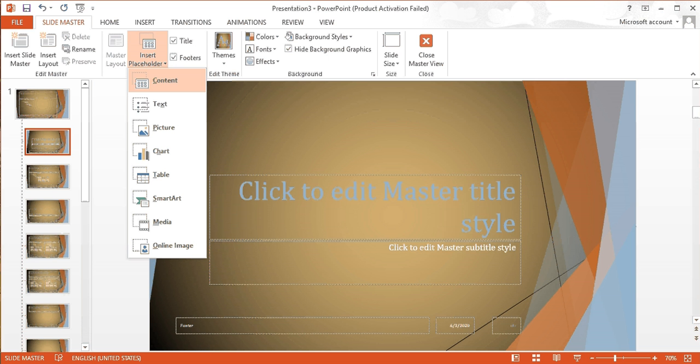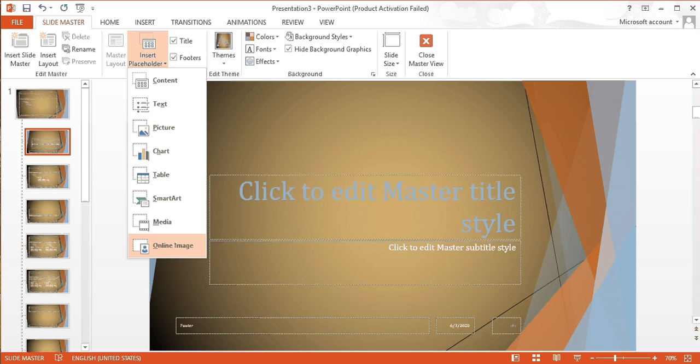If you want to create content, first just click on insert placeholder and then add the content. Whatever content you want to give, you can assign. You can give text, insert a picture, chart, tables, SmartArt, media, or any online image. If you have internet available, then you can access all these things.